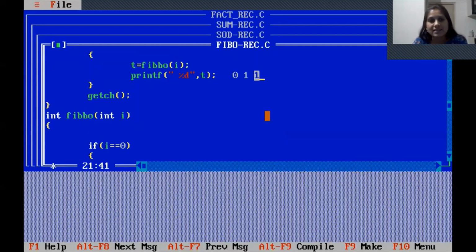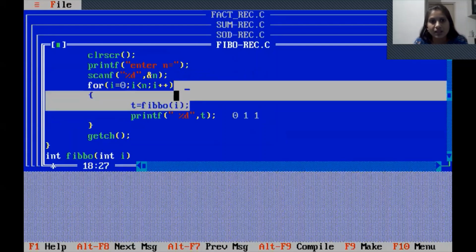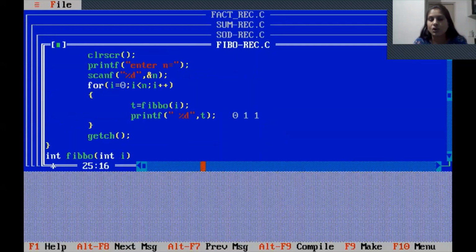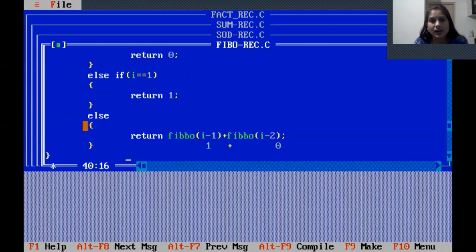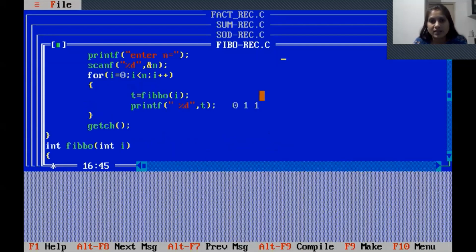Now suppose i is incremented to 3. Then the same function is called with i as 3. When i is 3, again it goes to the else part. Here 3 minus 1, that is 2, and 3 minus 2, that is 1. Now Fibo 2 and Fibo 1. If you remember, the Fibo 2 answer is 1 and the Fibo 1 answer is 1.